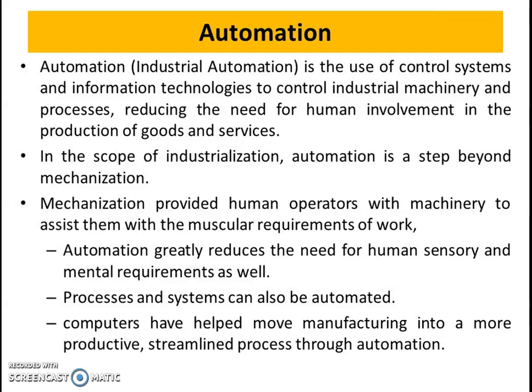And automation greatly reduces the need for human sensory and mental requirement as well. So here we are talking about automation. Just now we talked about how it reduces the need for human sensory effort. That means when you are working individually, conventionally, say being a mechanical engineer, I will give you an example with the lathe machine. When you are operating a lathe machine, you have to fix everything individually. You have to remove all